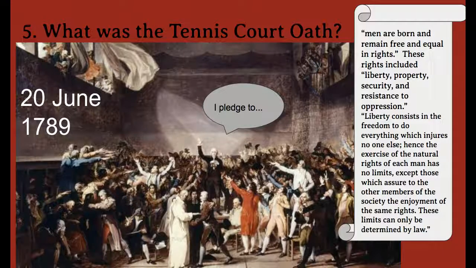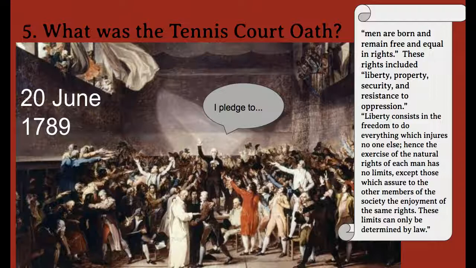But the conclusion of this meeting, after many days, was the document known as the Declaration of the Rights of Man. The Marquis de Lafayette helped write it. Thomas Jefferson was in France at the time, and he was meeting privately with many members of the National Assembly, so he had some persuasion, some influence on the document. And the document more or less takes the U.S. Declaration of Independence and takes it one step further.